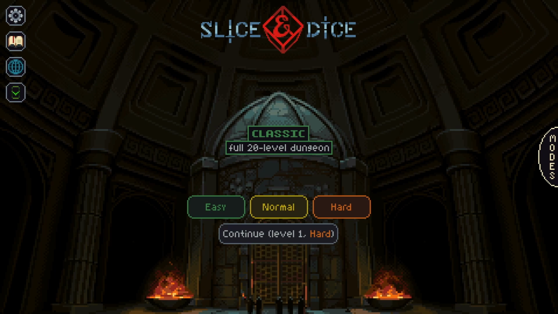Today we're going to be taking a look at Slice and Dice, the 2.0 release. It is a dice battling roguelike. It is very simple in its concept and execution. Essentially, we roll dice, they determine what we do in combat, we kill enemies, and we progress through. We have to progress through a 20 level dungeon, so we go through 20 different combats with varying degrees of